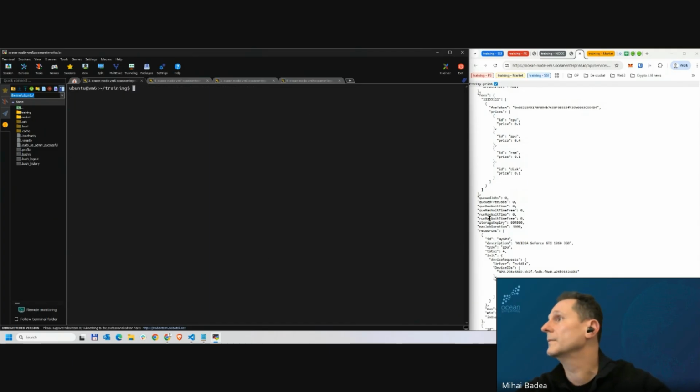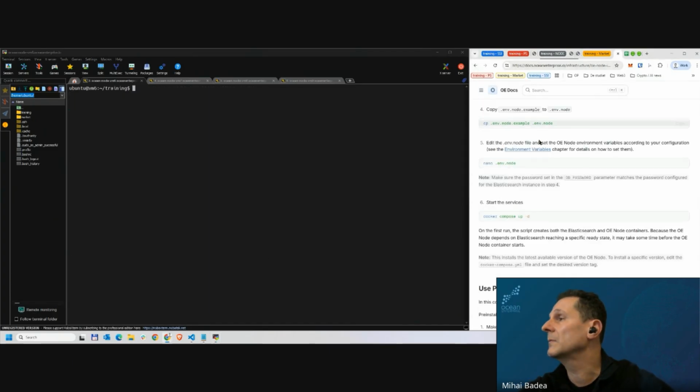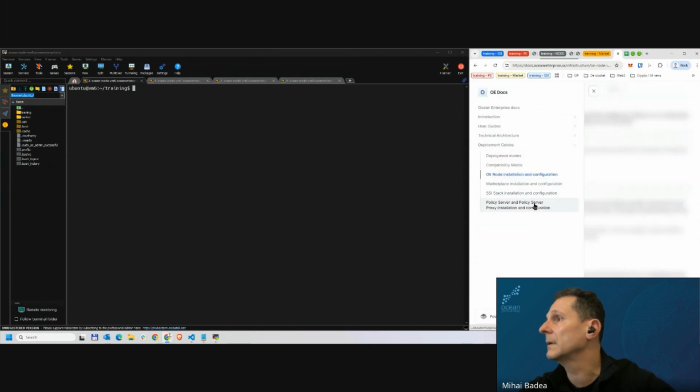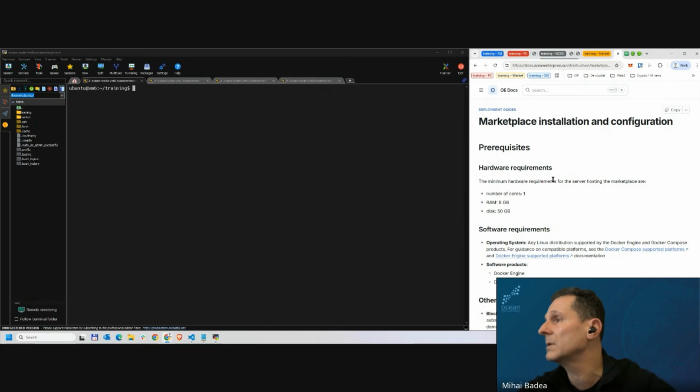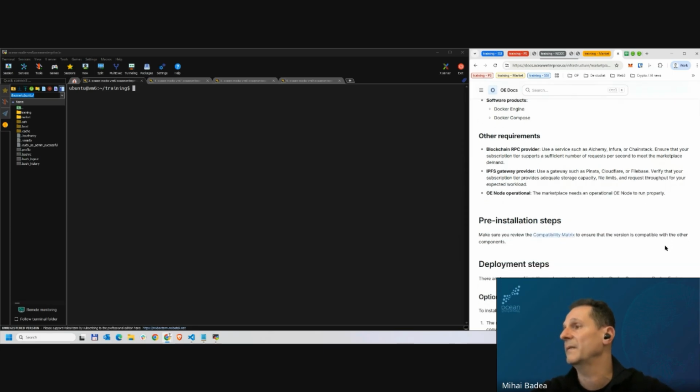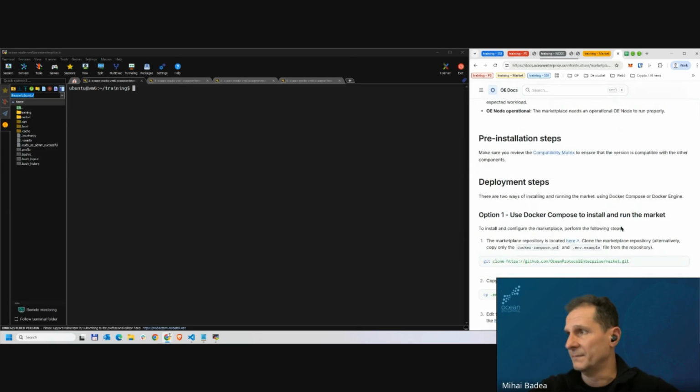Okay, so going back here to the documentation site. Let's select marketplace installation and configuration. Again, we need a blockchain RPC provider, an IPFS gateway provider, and the node operational, which we just verified. Deployment steps. First, clone the repository, which I already did. It's here